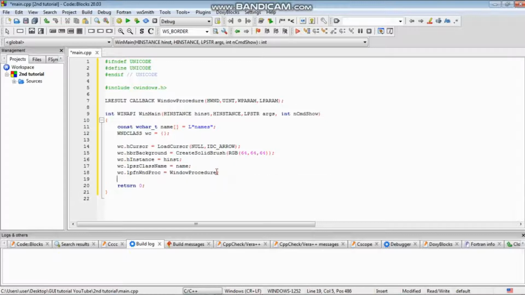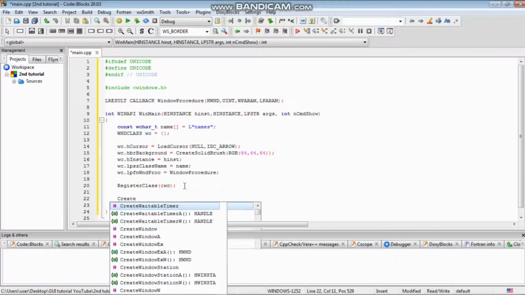We need to create the window, but before we create the window, we register the class, and this is very important. We're registering the class, and the class object is passed by reference. So register class WC, because the object of the class, the window class, is WC, and that's what we'll be using all the way. So you need to register that WC, and you have to pass it by reference. So when this is done, you can create window